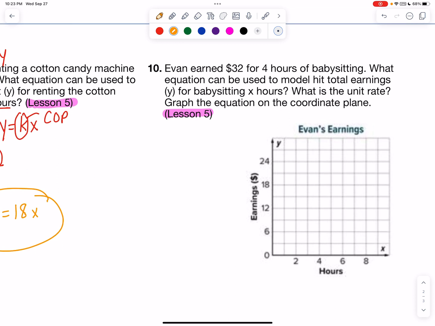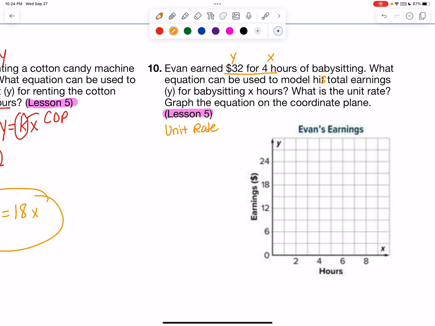All right, let's do this last one for lesson 5 here. Evan earned $32 for 4 hours of babysitting. So there's a ratio for us. What equation can be used? So we have to do another equation to model his total earnings, y. So total earnings is y, and x is hours. So let's label that. That's a tip I told you about a lot. It says, what is the unit rate? So we know we have to